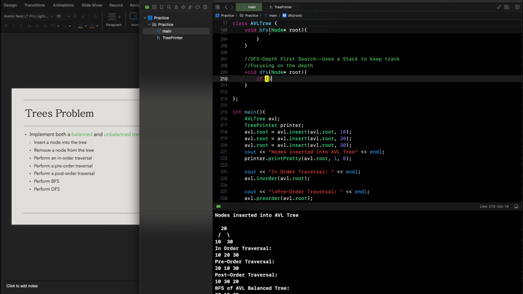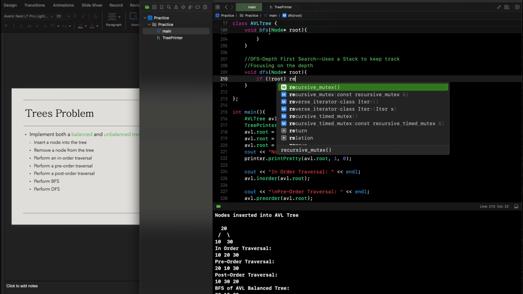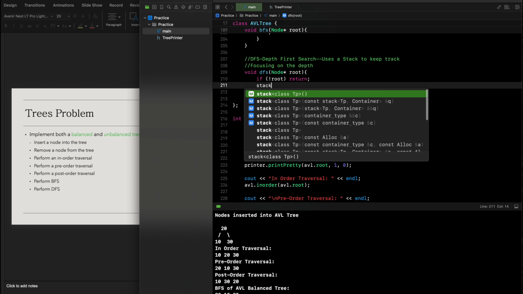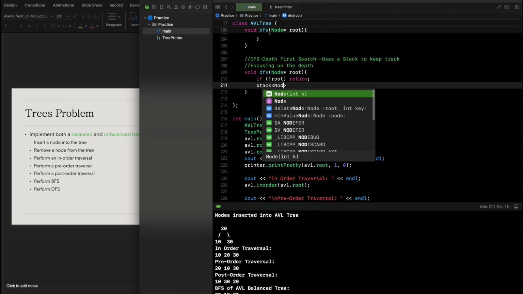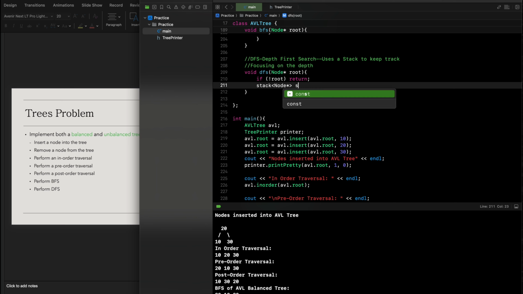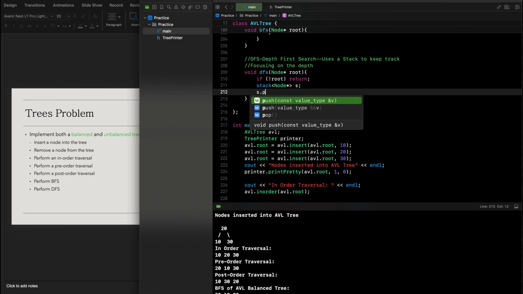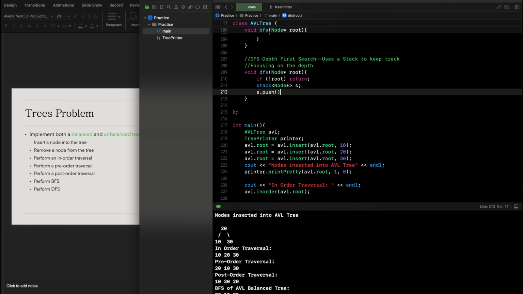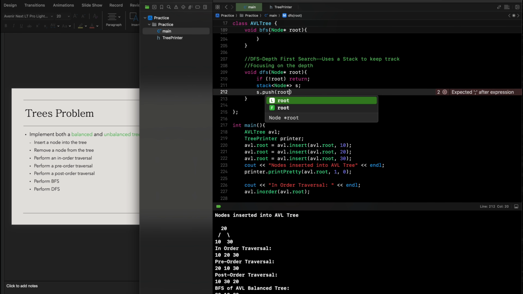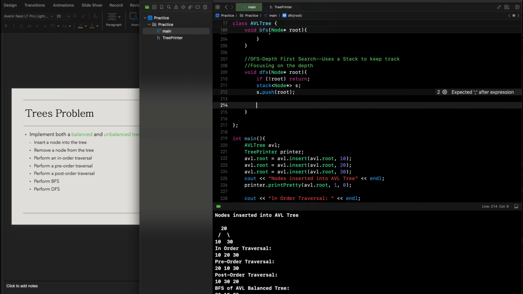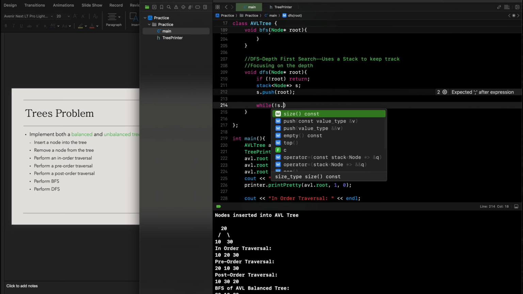Then if we're not at the root, we will just return, and then we're going to initialize our stack with stack node for S, and then we're going to push our stack with the root as a parameter, so we go through continuously, and while the stack is not empty,